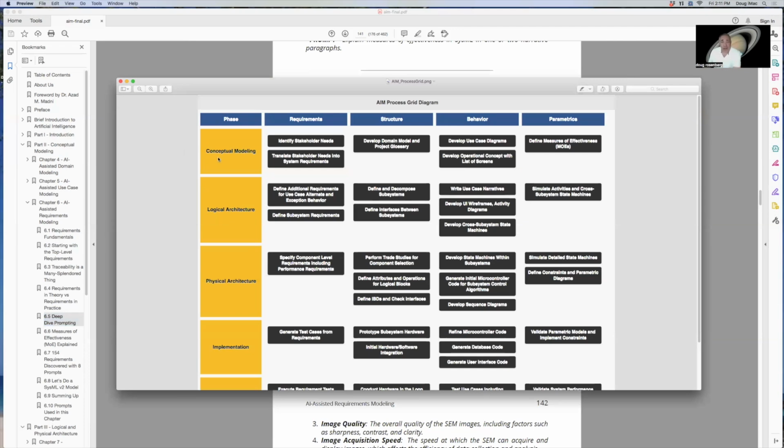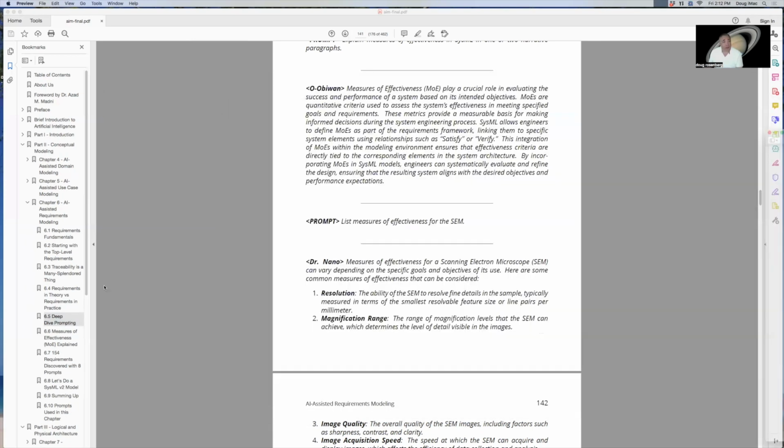And what you're going to see is that in the conceptual modeling phase, measures of effectiveness, use case diagrams, system requirements, domain models and glossaries, list of screens, that's all the stuff that we're writing about in that section of the book. And we're going to go into the logical architecture section of the book and then physical architecture. So we'll go back to the book here now,